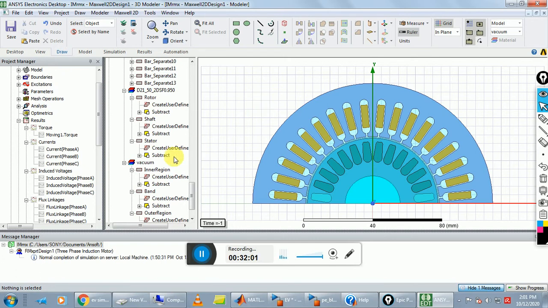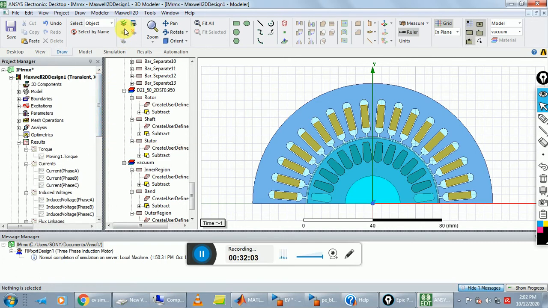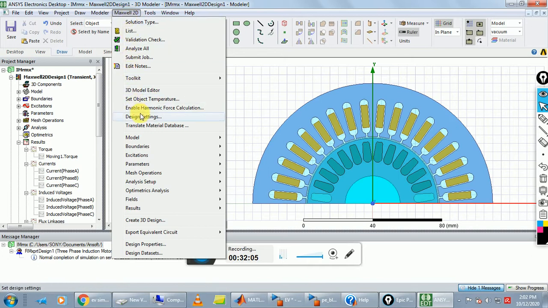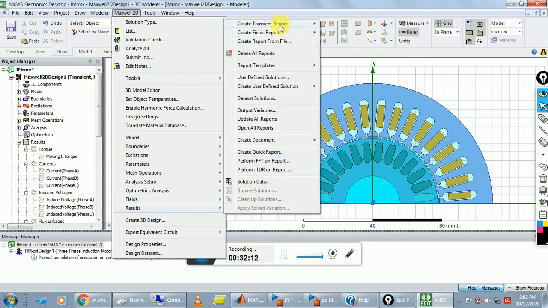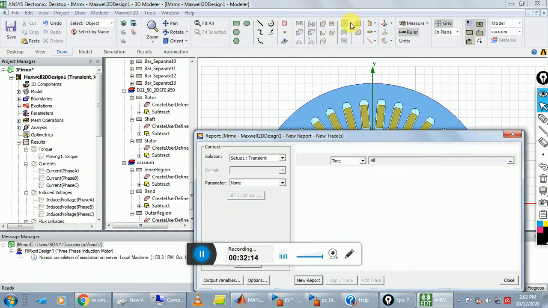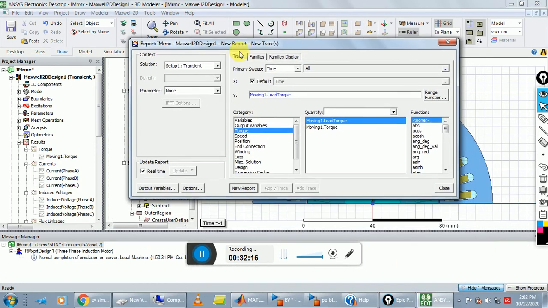plot settings. For plot settings, again go to Maxwell 2D, explore results, and create a transient report. Click on rectangular plot. In rectangular plot we can plot any plots like torque, speed, position, winding, losses.